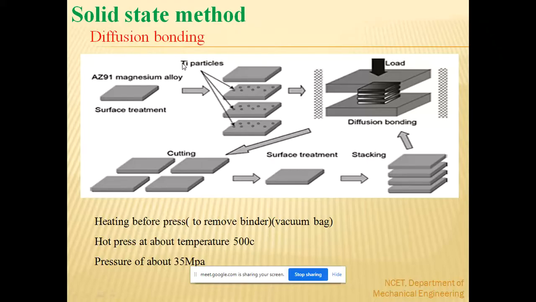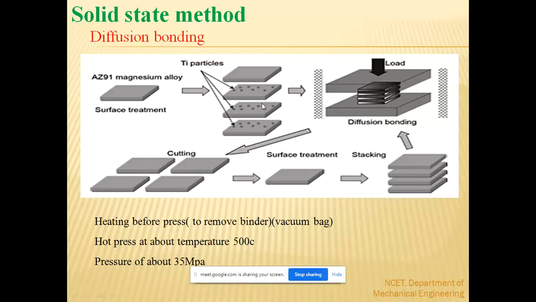It does not mean that we can go for only titanium; we can go for any particulate. As mentioned in the classification of MMC, we can go for silicon carbide, graphite, or any other, depending upon our application. Here the particulates are not simply placed; there is a binder, and on that binder the particulates are placed. There are three different layers here. This was the matrix, these three layers are going to be our reinforcement, and again these plates are the matrix material.